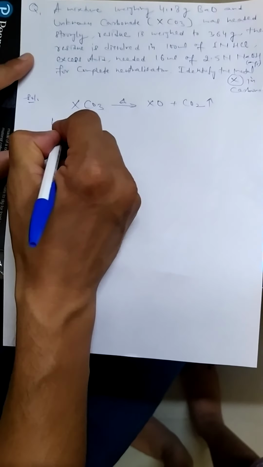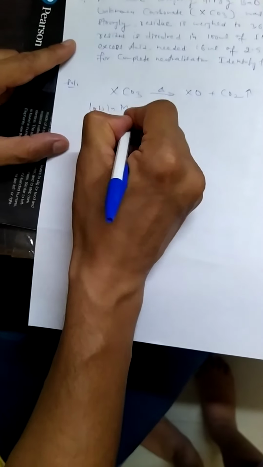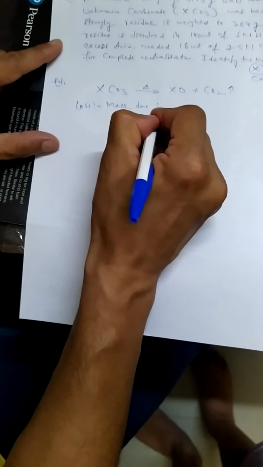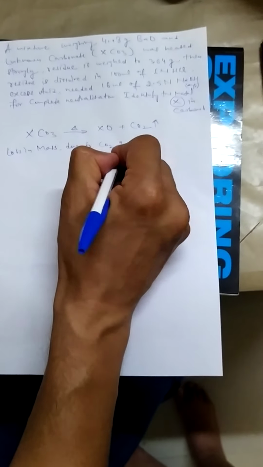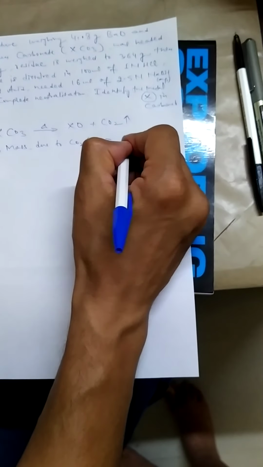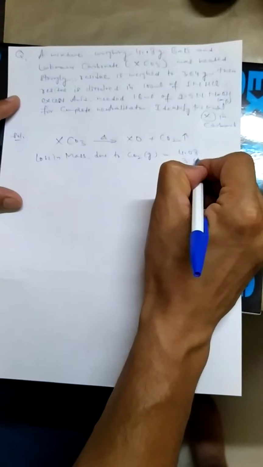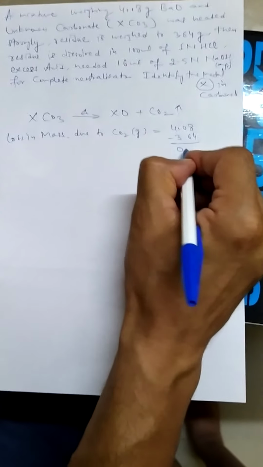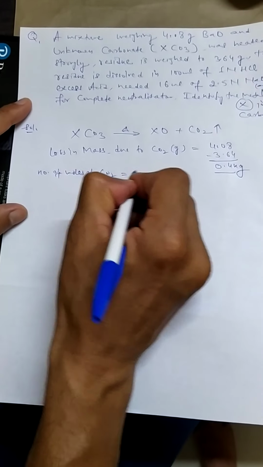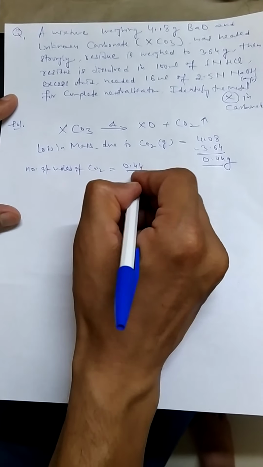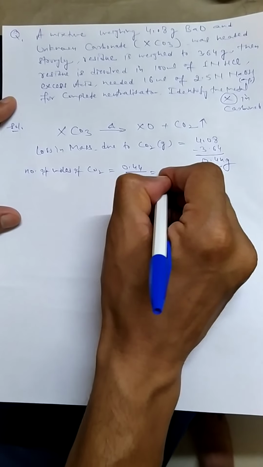So the loss in mass due to CO2 gas going off is 4.08 minus 3.64. So this comes out to be 0.44 grams. So can we find the number of moles of carbon dioxide? So number of moles of CO2 is 0.44 divided by 44, so that becomes